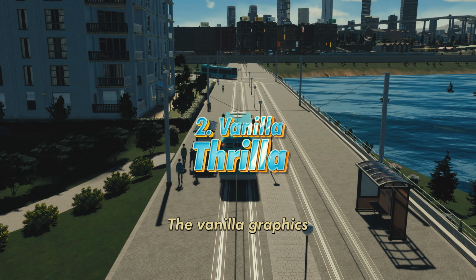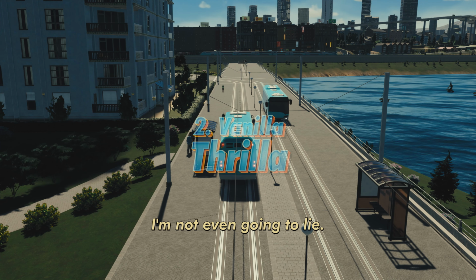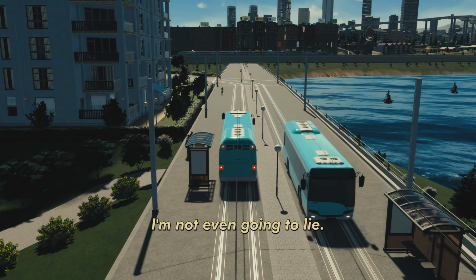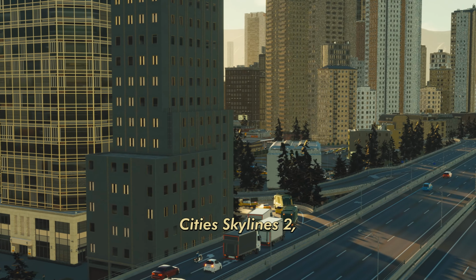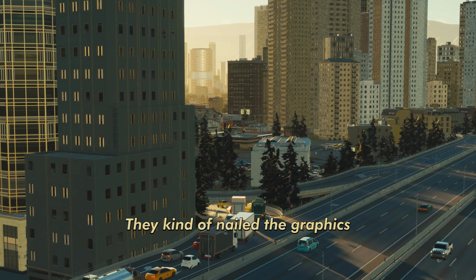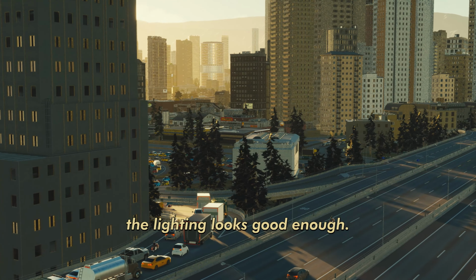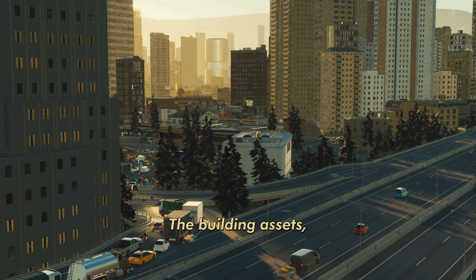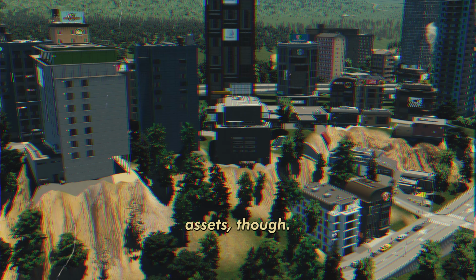Number 2, the vanilla graphics actually look good. I'm not even gonna lie. A lot of me in modding City Skylines 1 was just me tweaking the graphics, to be honest. But right now with City Skylines 2, I'm kinda satisfied with the graphics as it is. They kinda nailed the graphics this time. The sky looks good, the lighting looks good enough, the building assets, not the building on hilly terrain assets though,